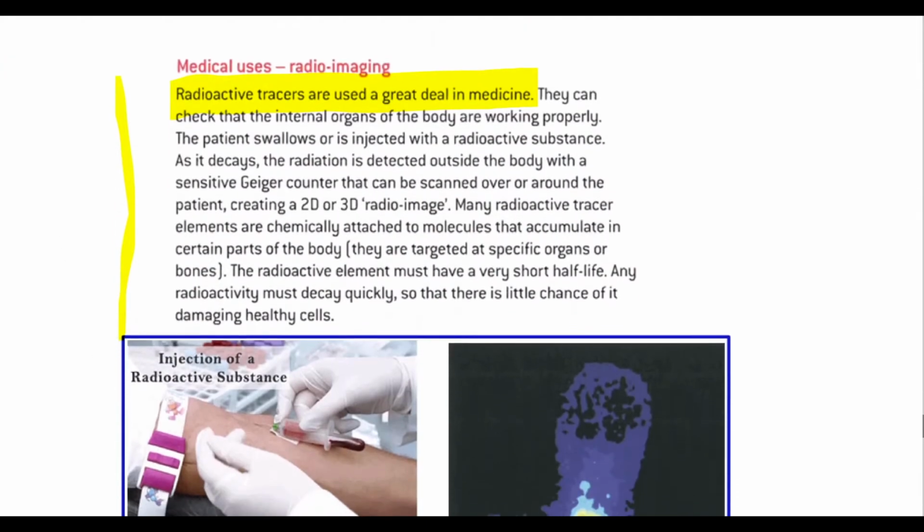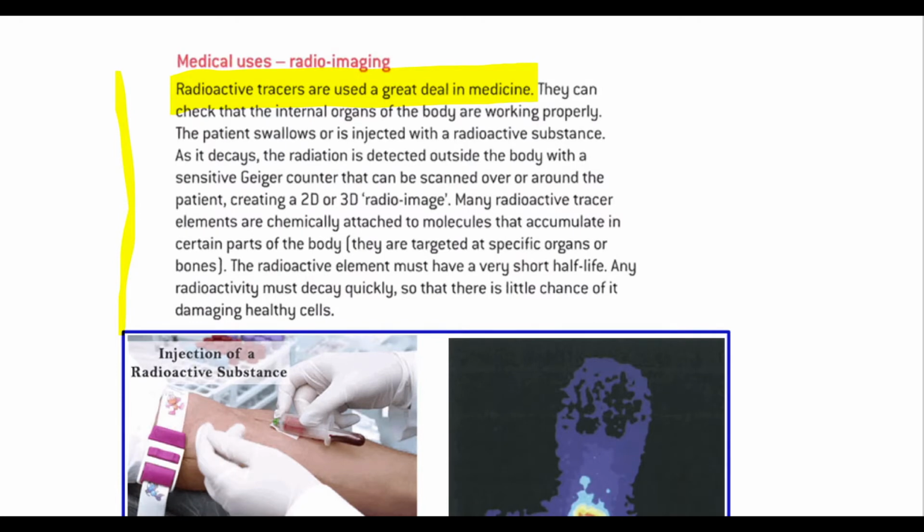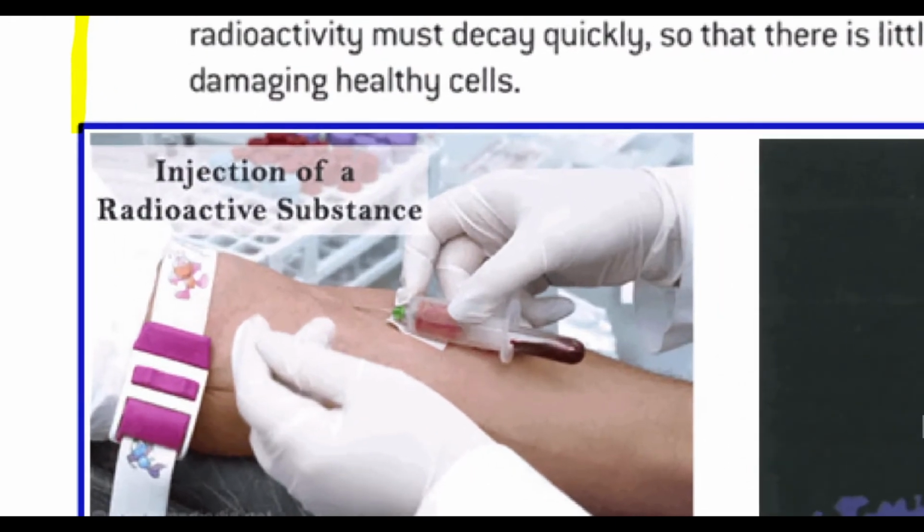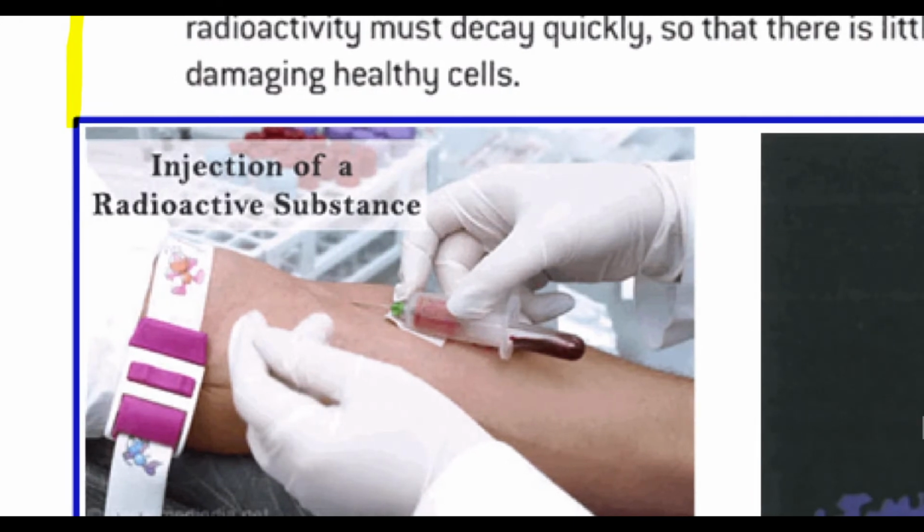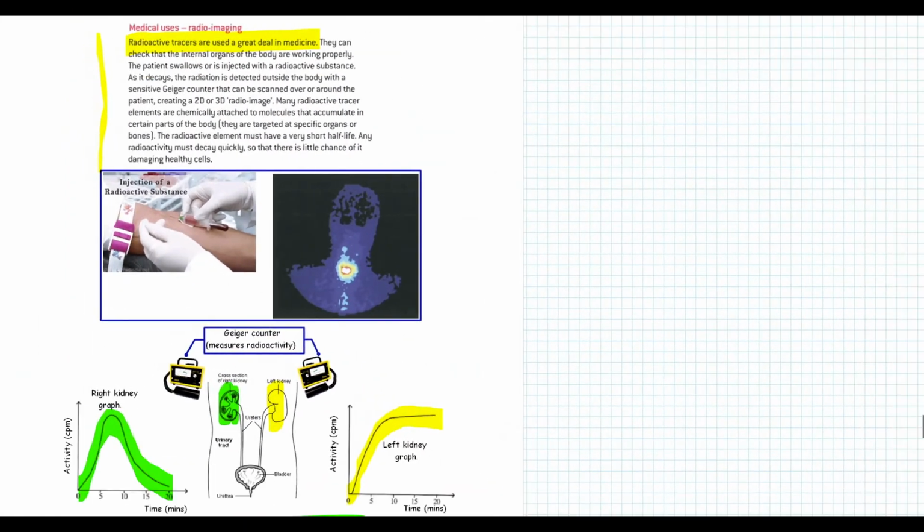Next page, page 52, radio imaging. Radio imaging, sometimes we use the word tracer, is able to look inside your body to find if possibly there's a snapped ligament, or if an internal organ isn't working properly, and it works by you getting injected with a radioactive substance, often something like technetium, which is a gamma emitter, and because gamma can,